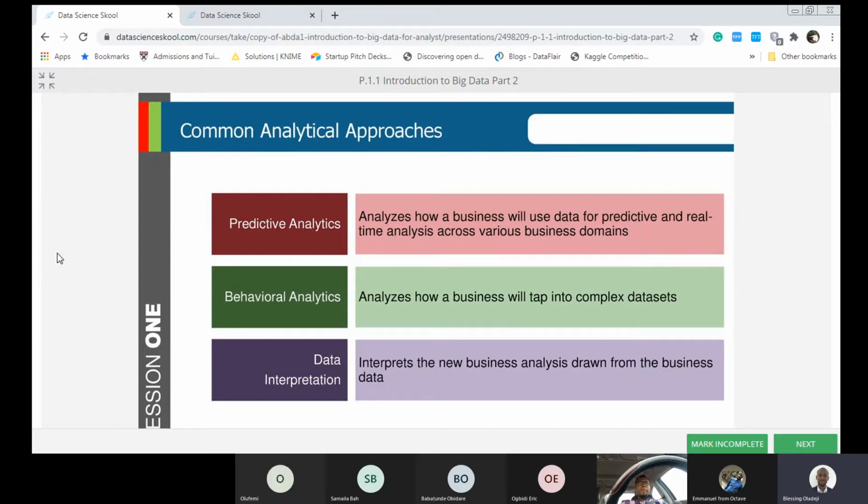Those are some approaches to big data. But beyond that, you also have behavioral analytics, which tries to analyze how businesses can tap into complex data sets. When you look at the behavioral pattern of your customers or behavioral pattern of some entity within a particular organization. So an HR analyst, for instance, may want to look at the behavioral pattern of the employee in responding to email. So you might want to see, okay, what is the relativity between the time